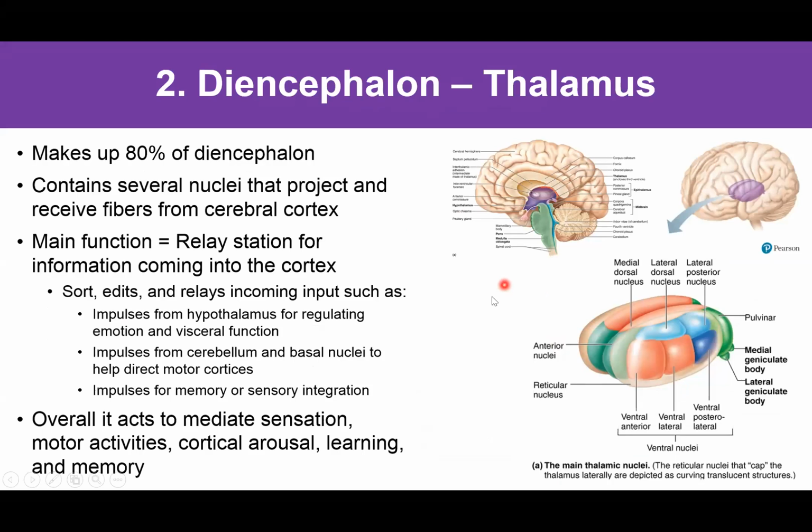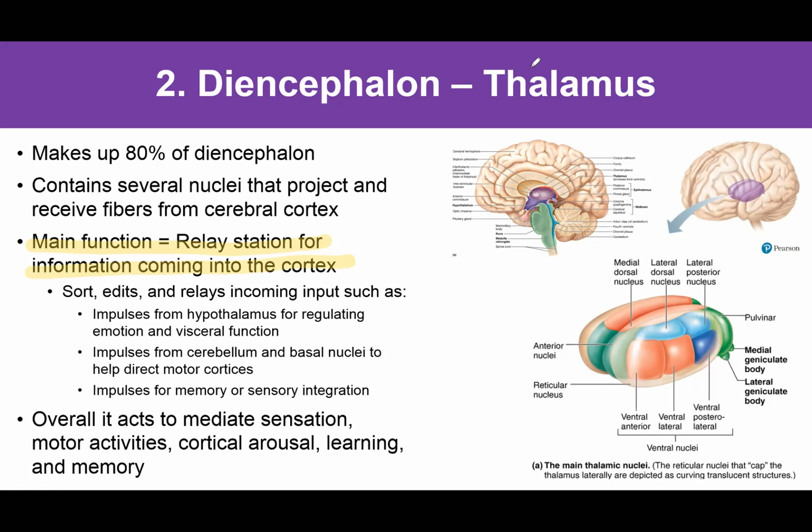So we're going to start then with the thalamus. Remember, that's this sort of bird eye looking structure here. The thalamus actually makes up about 80% of the diencephalon and contains a lot of different nuclei which project and receive fibers from the cerebral cortex. Basically the main function of the thalamus is that it is a relay station for incoming information into the cortex. It's kind of like the gatekeeper. It basically sorts, edits, and relays all of this incoming information. For example, it sorts and edits and relays things like impulses from the hypothalamus, which would help to regulate emotion